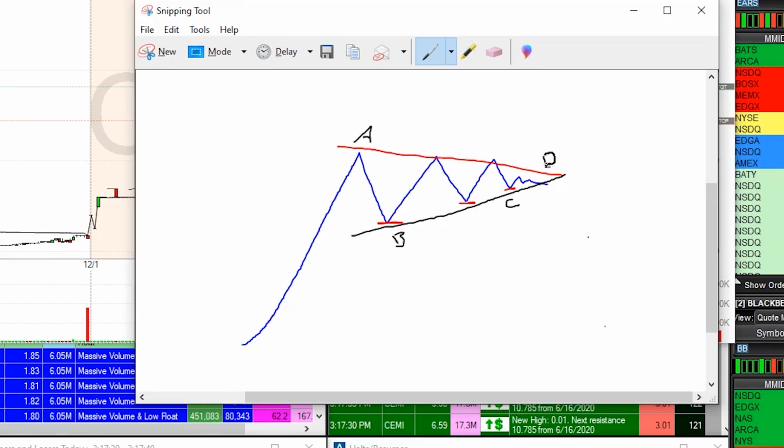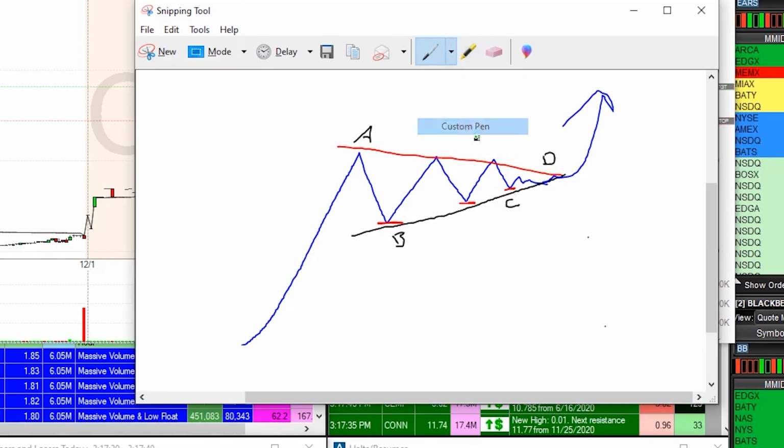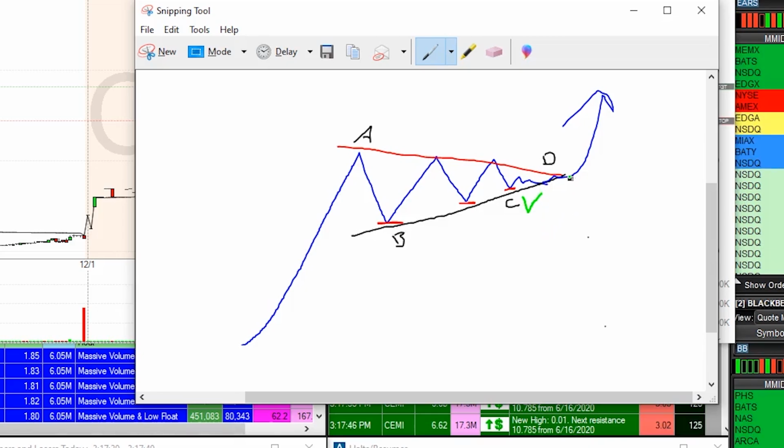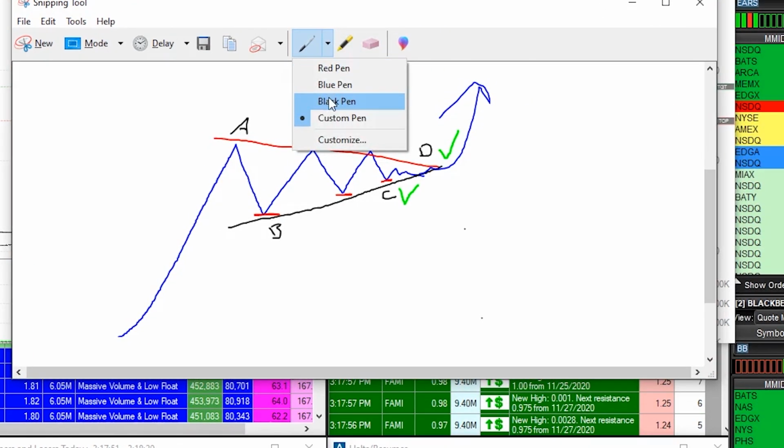Last but not least, our D is going to be our breakout, where the stock is again getting into the corner of the triangle to get the squeeze on up. So we have our A, establishing resistance, B, which is establishing support, C, which is going to be building higher lows, and D is where we're going to get our breakout. As always, we like to try to buy in on C, but there's nothing wrong with buying in on D as well. And again, this is almost like the U-shaped pattern, if you guys know,